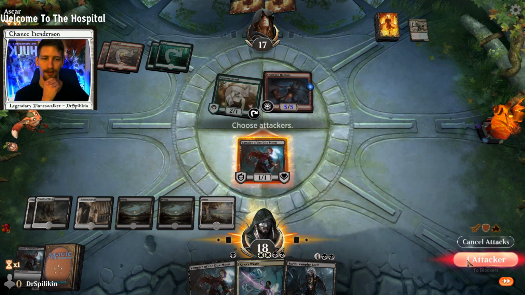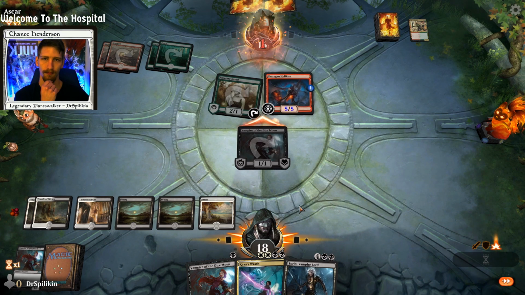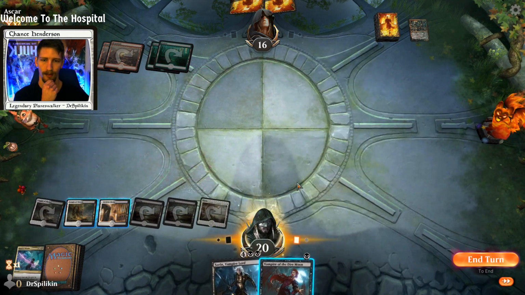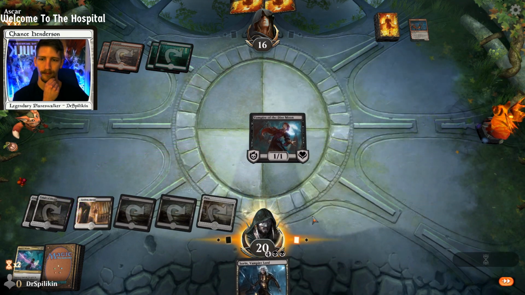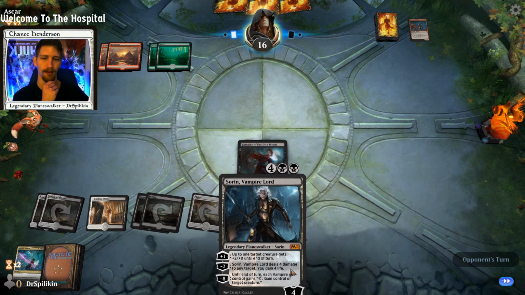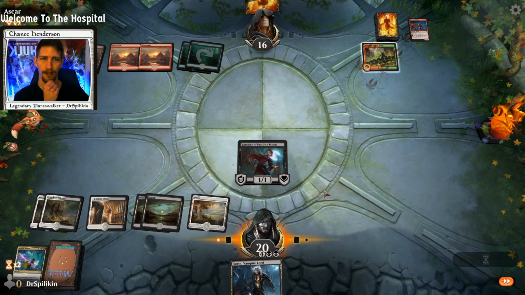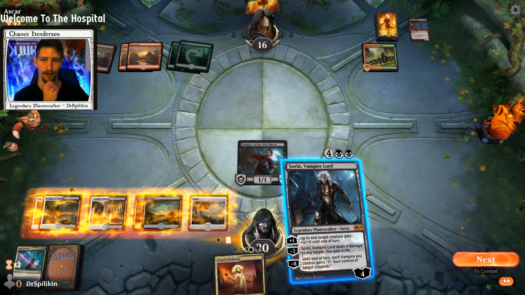So yeah, let's do that. Let's swing in. Then board wipe. Then play another Vampire. And then next turn we can play Sorin and hopefully get him going. Rhythm of the Wild, and then they only have one card left in hand, so they're kind of left to